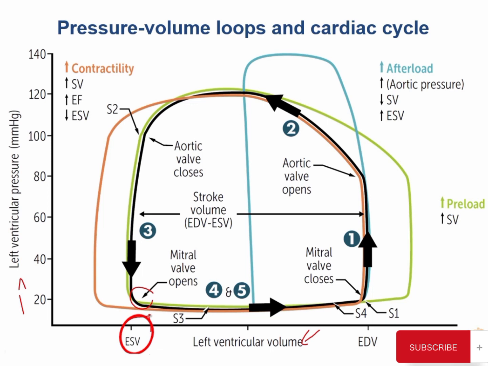This indicates that we have some volume remaining in the chamber after we've completed systolic ejection. So we need to replace the ejection volume. What happens? We open the mitral valve. The 4 and 5 here indicate the rapid and the slow filling period in diastole. There's an arrow pointing to an area just after the mitral valve opening, indicating that we could potentially hear an